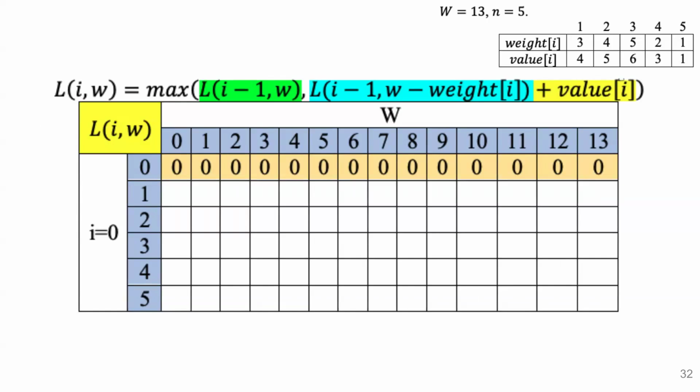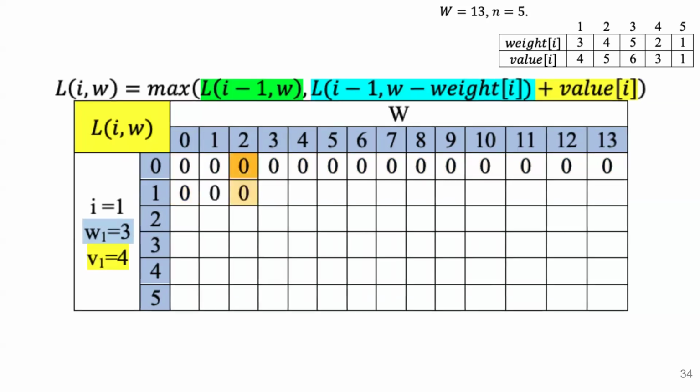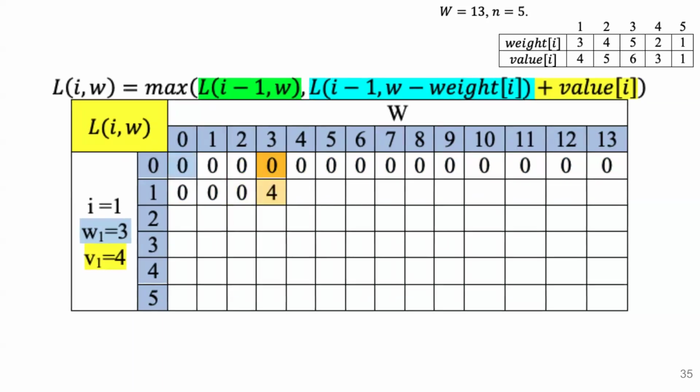So with the first 0 items, the total value would be 0 only, and it continues sequentially like this. And if you consider the first item with the capacity of your bag equal to 0, it would be 0, right? And you move forward until